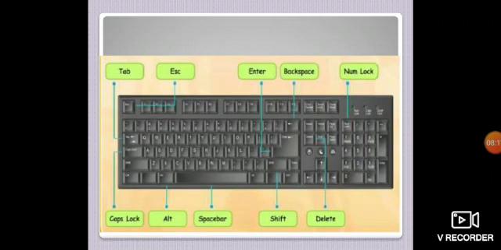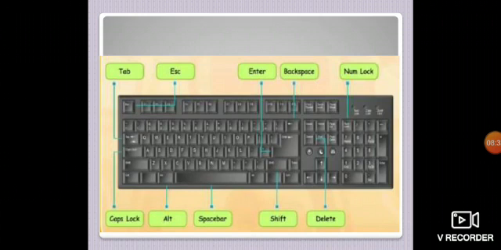Spacebar. The spacebar is used when we want to give space between two words or two characters. The spacebar is particularly the biggest button on the keyboard.